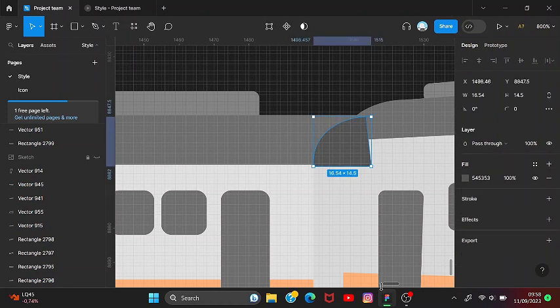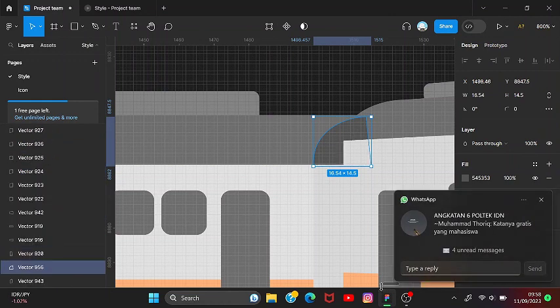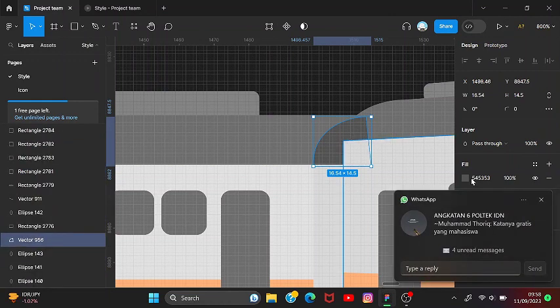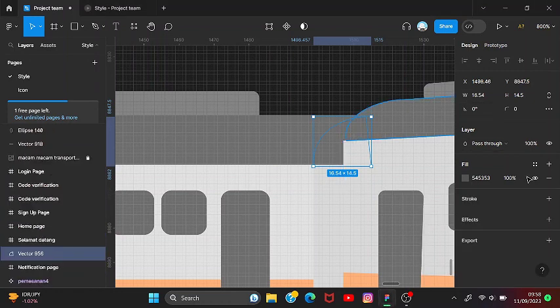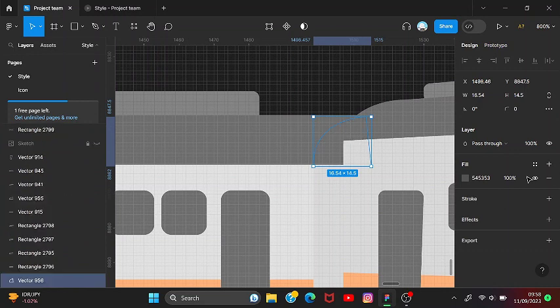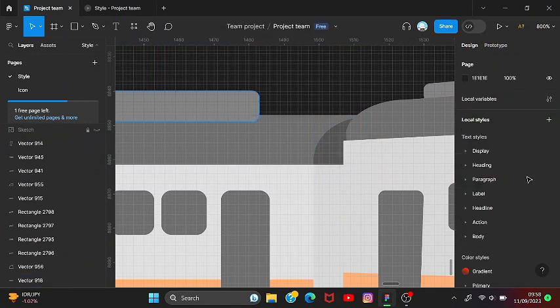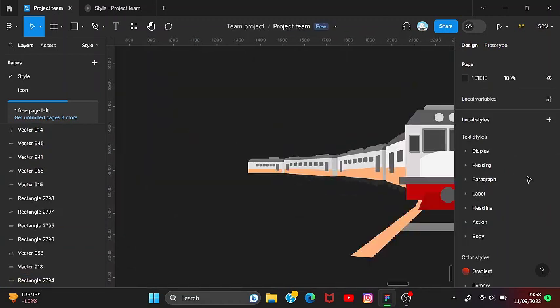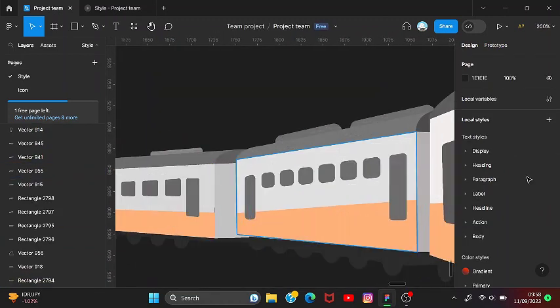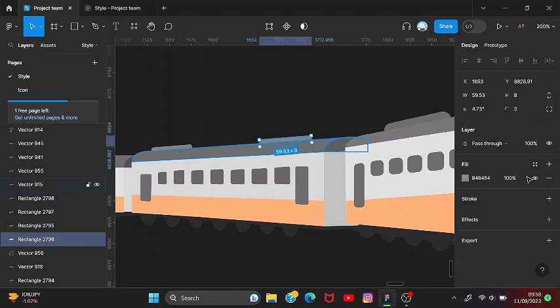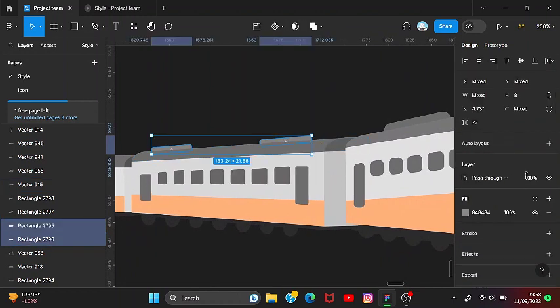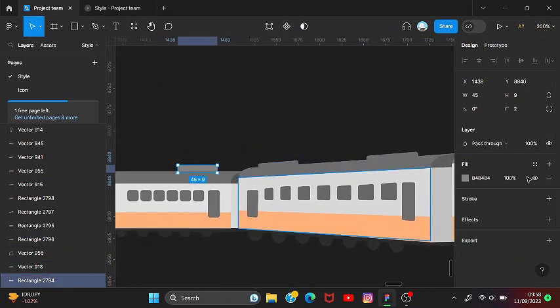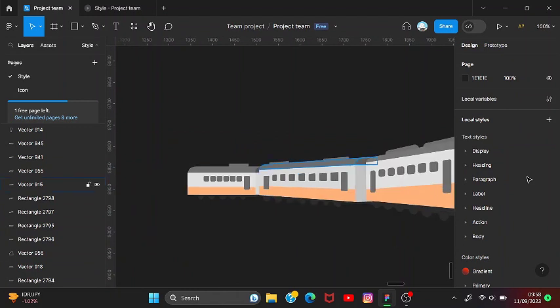Your illustration is done. And maybe if you want to add some details, you can add it, like shadows or maybe whatever it is. Oh yeah, we'll have to fix this first. Okay, your illustration is ready,